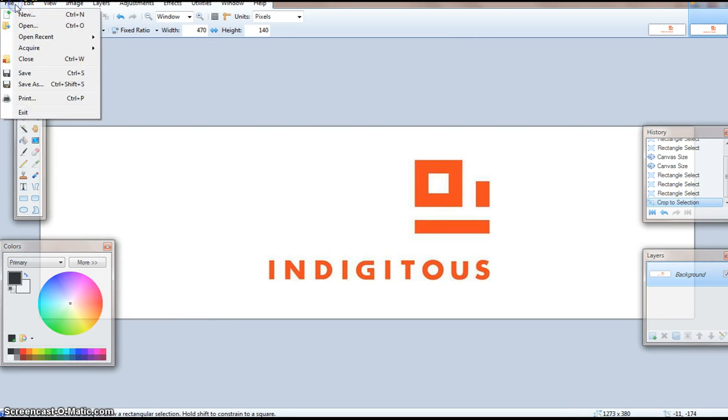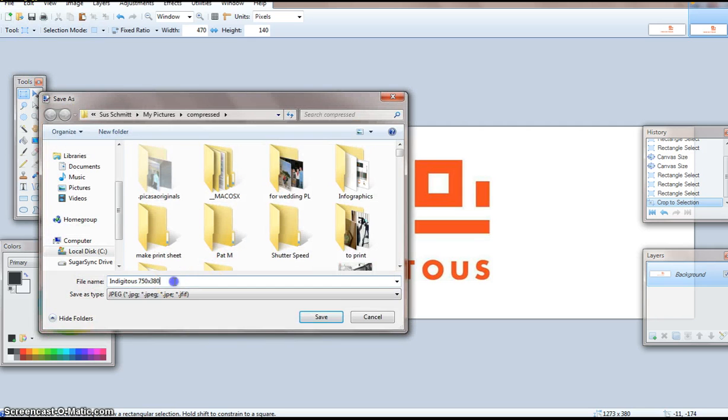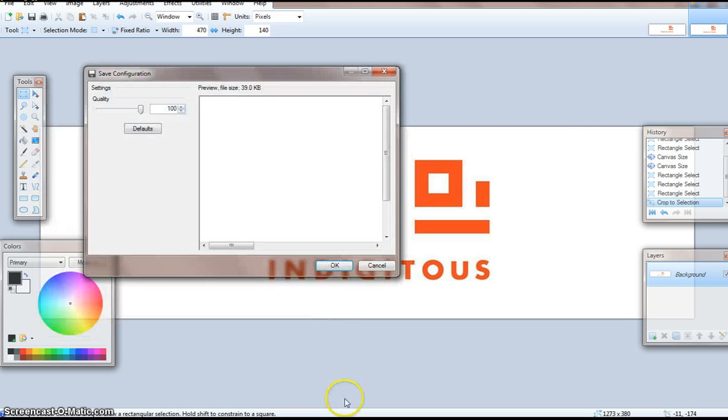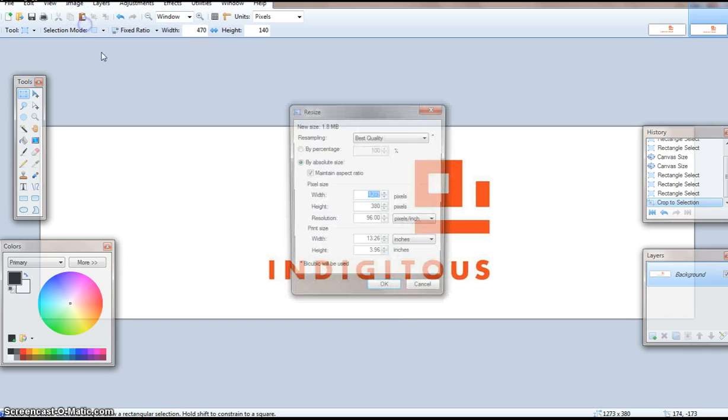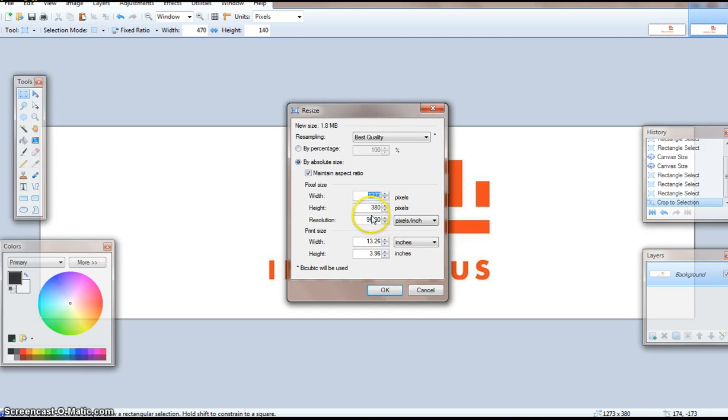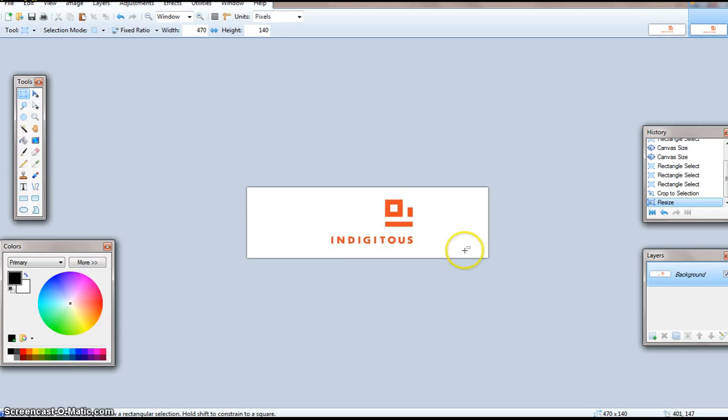So again, I save as, and this time in Digitas 470 by 140. And I'm going to double check. Oh, see, it's actually way bigger than it needs to be. I don't need such a large image. So I'm going to change it down to 470. And actually, I should have been aware that was awfully large. So this is the size right there. And I'm going to just save that right on top of the other. And then go